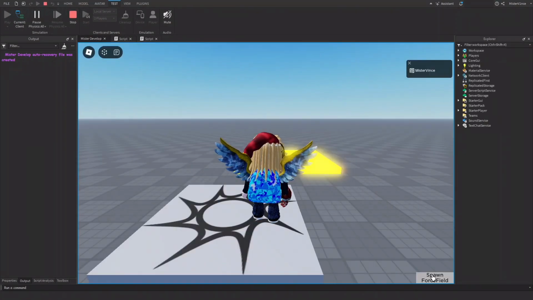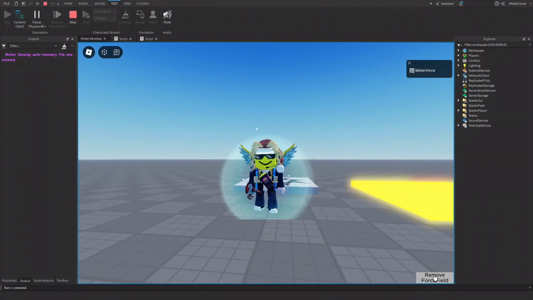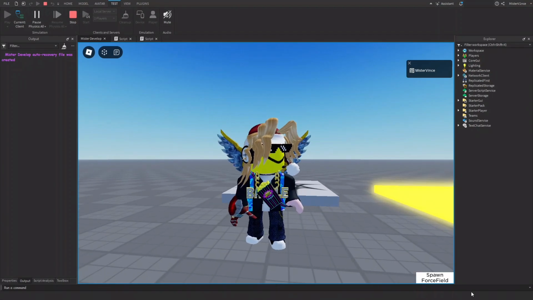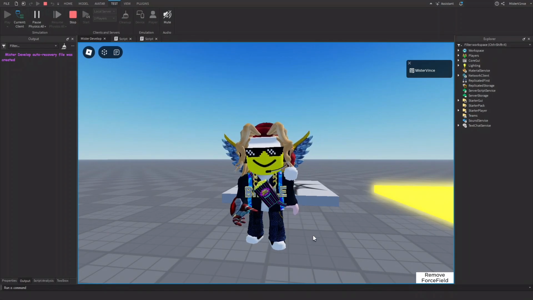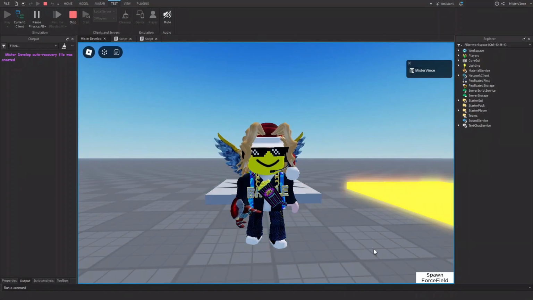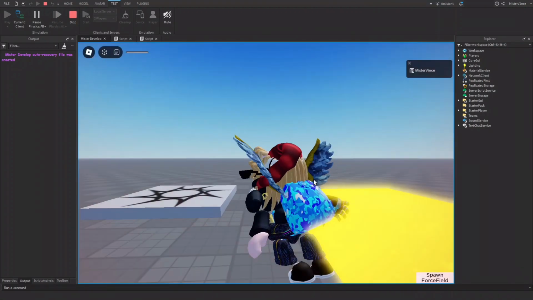And if I go ahead and click on this button, you can see it's now called remove force field. And then I got my force field. If I click on this, the force field would be removed. That means I could do this as many times as I want, which is kind of cool. As you can see, I got my force field, and now it's gone. As you can see, I can safely take damage